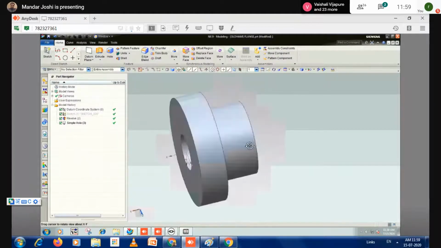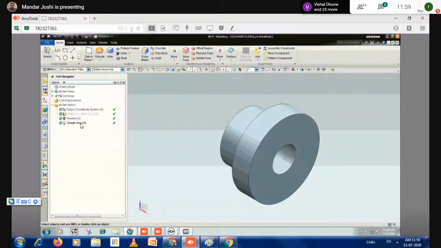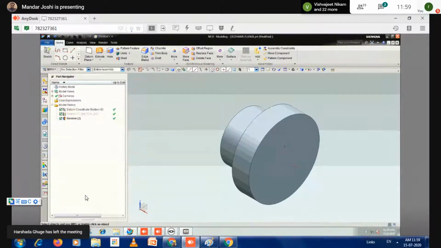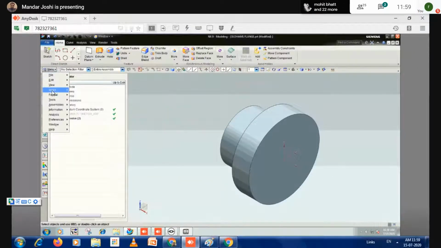I will repeat the process of hole once again. See carefully. I delete this profile, delete this feature. Then select the hole command, or you can select the hole from another option, menu, insert.